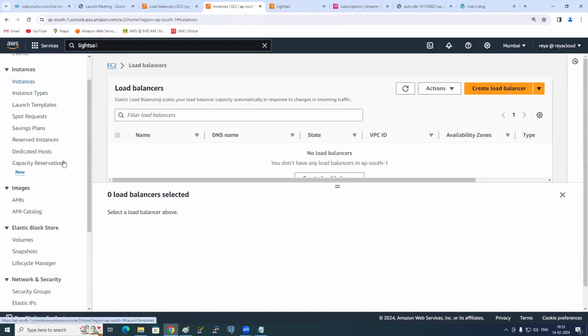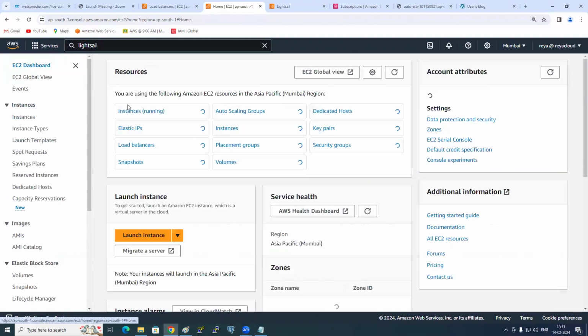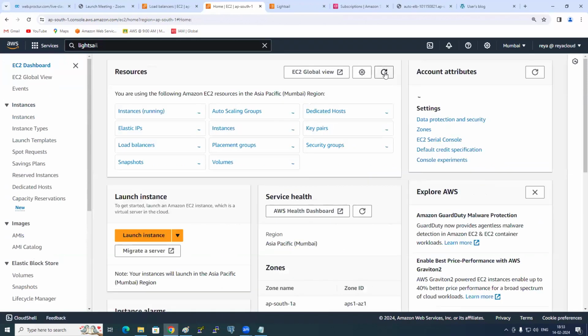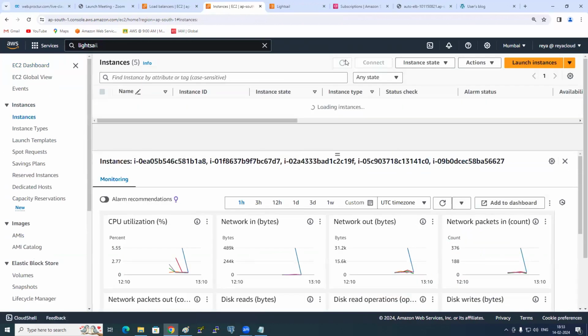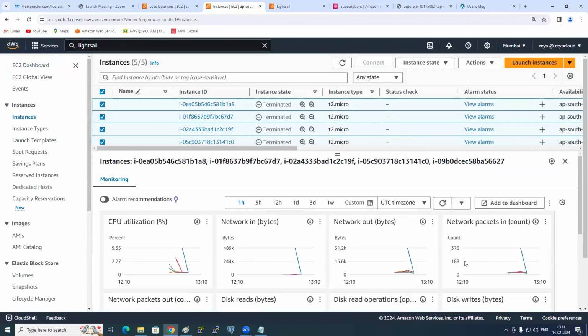Okay, so go to dashboard, refresh. Everything should be 0 except key pairs and security groups. 5 are terminated.